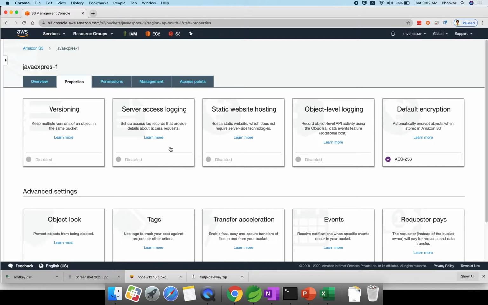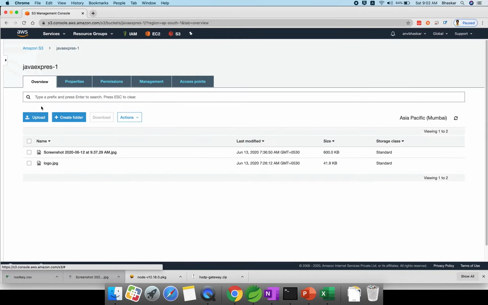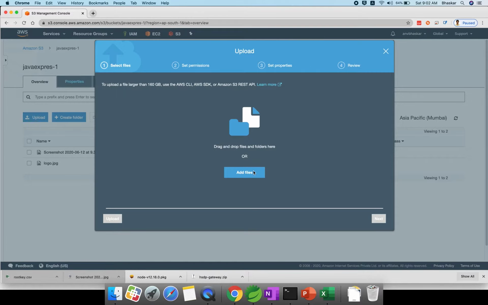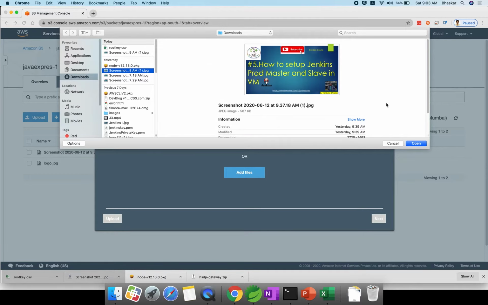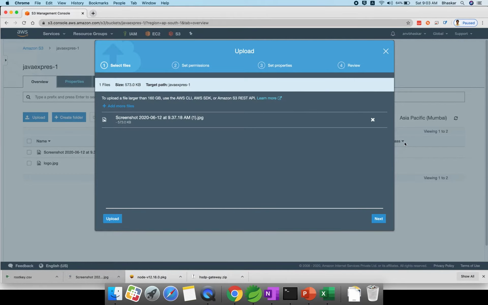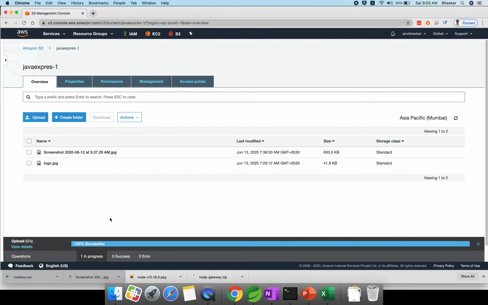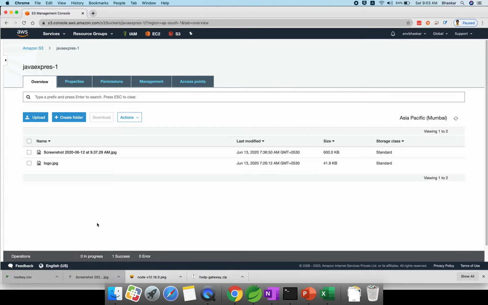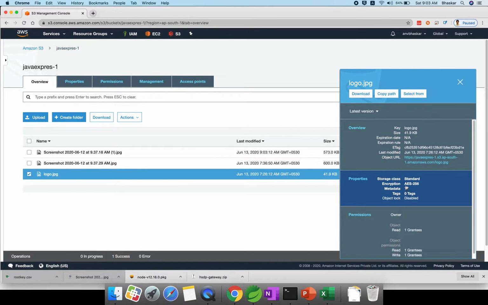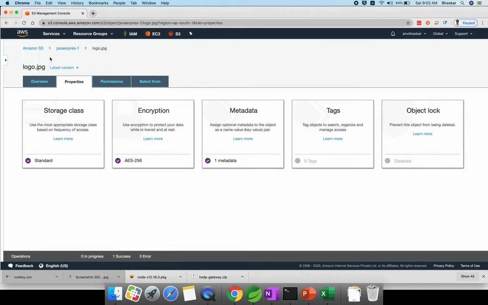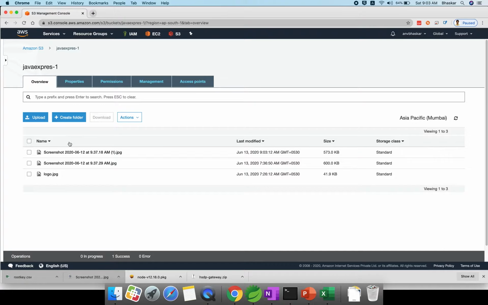How can you prove that? What I will do is upload an object. Add a file; I am uploading one image to my bucket. I'm doing nothing else, just uploading a file. This is 100% successful. If you click this object, what will happen? You see here, encryption AES-256 is at the bucket level. If you upload 100 objects, encryption will be available on all 100 objects.